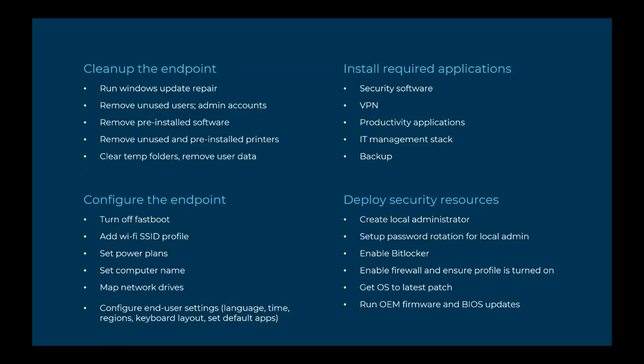Number 2 here, configure the endpoint. There are a million different things you can do here, and each one is going to be specific to your environment or environments and your customer needs and your end user needs. But these are really good examples that we see over and over again. Turning off fast boot, that's one we're actually going to go through in the walkthrough today. But you can also do things like deploy your Wi-Fi profile, changing your power plans, setting a computer name, mapping network drives. And for our EMEA partners or partners outside North America, maybe you need to set the language of the endpoint or change the keyboard layout